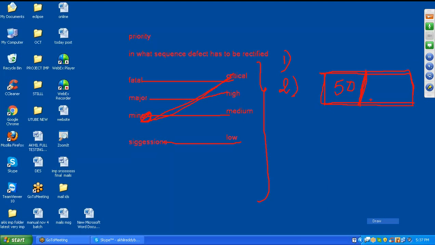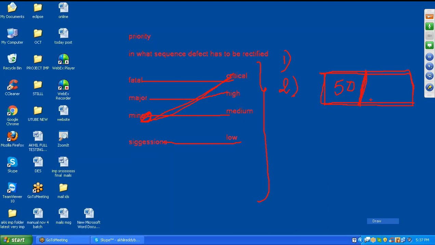But in the testing area, testers will give low priority. Why will they give low priority? Because there is no time to check the rest of the uncompleted software. If that application is not developed, how can we test the application? Developers need to develop the application, and they have not yet developed it.